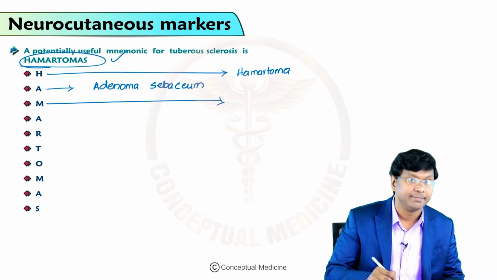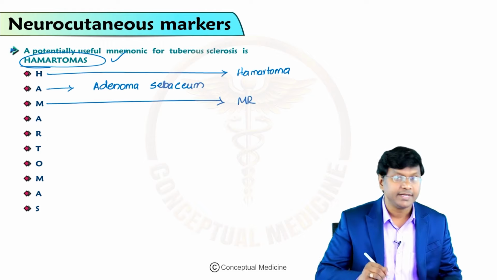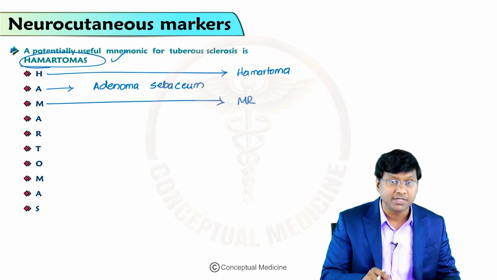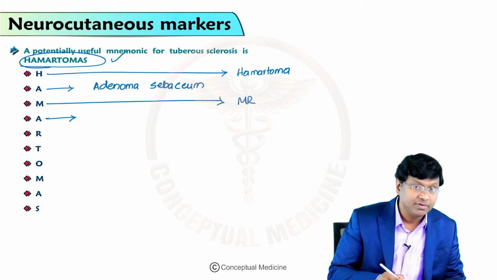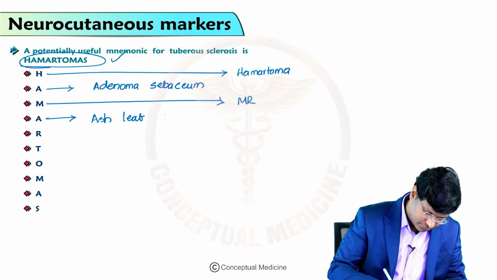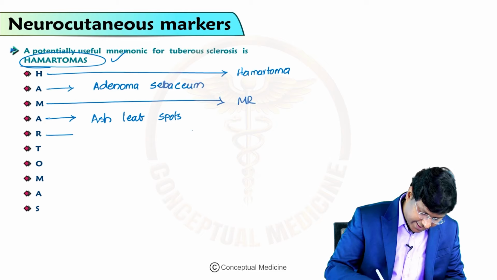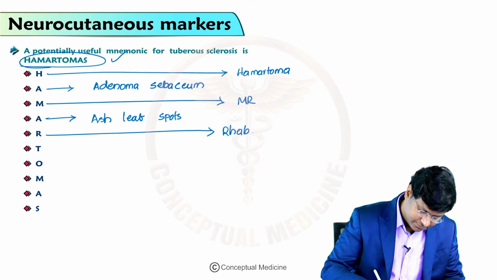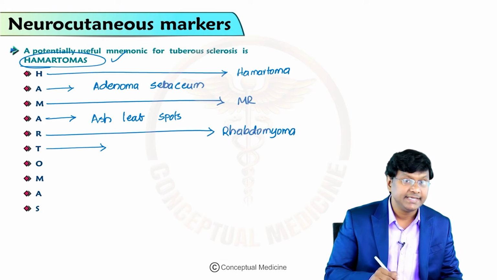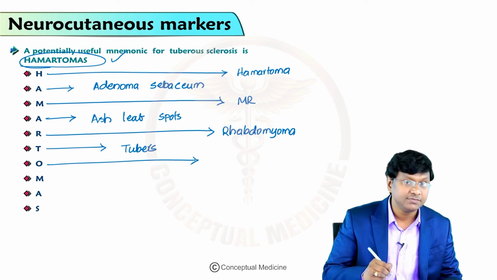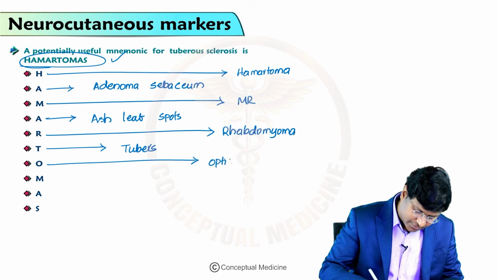Right? And the word M will be mental retardation. Now properly, this mental retardation is being referred to as intellectual disability. And the word A will be ash leaf spots, and the word R will be rhabdomyoma, and the word T will be tubers, that is cortical tubers. The word O will be optic hamartoma,